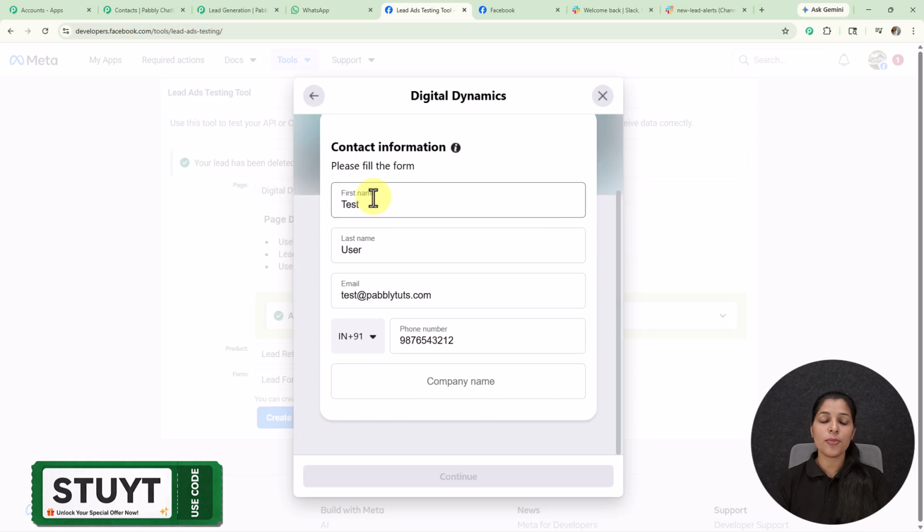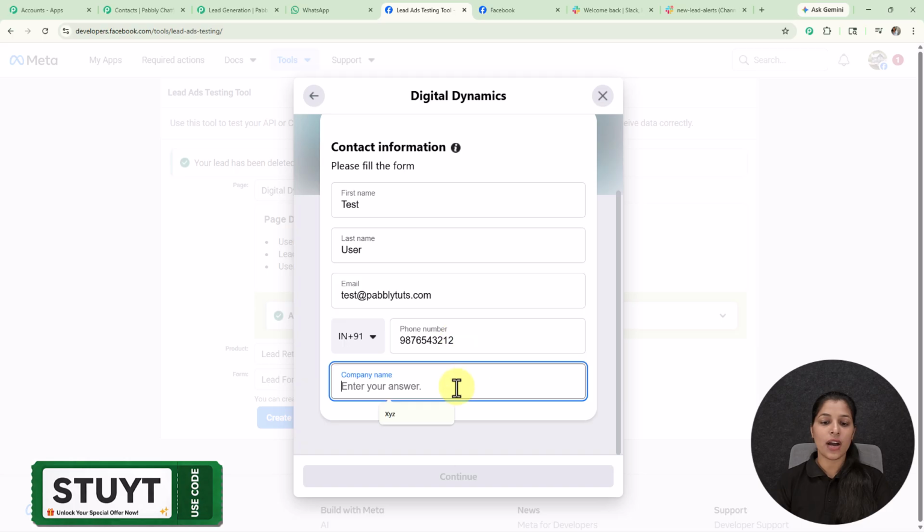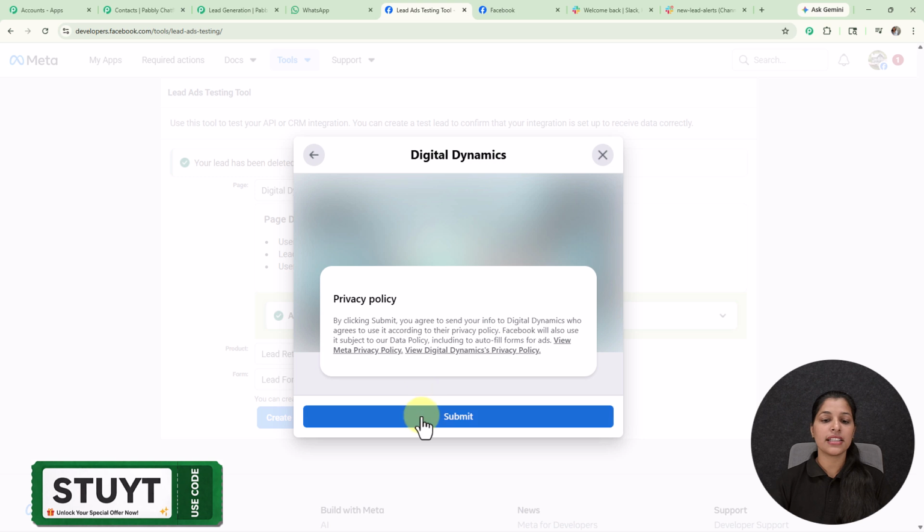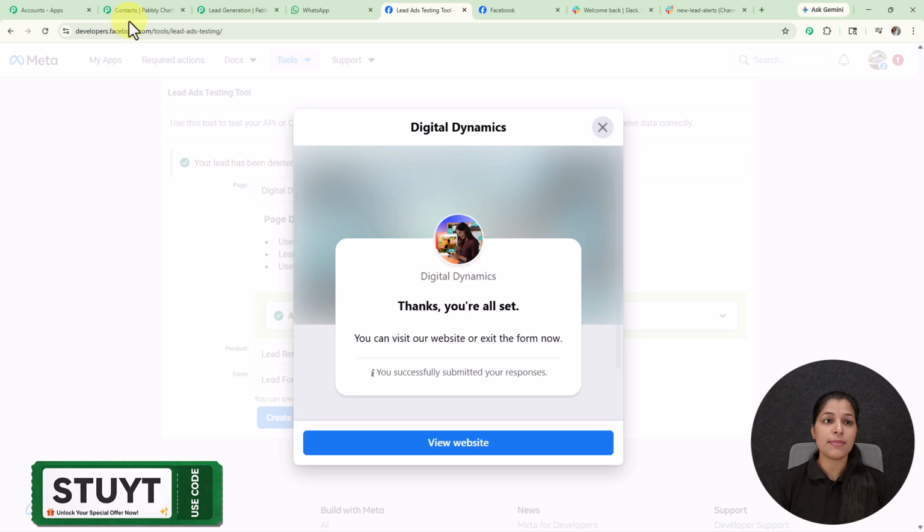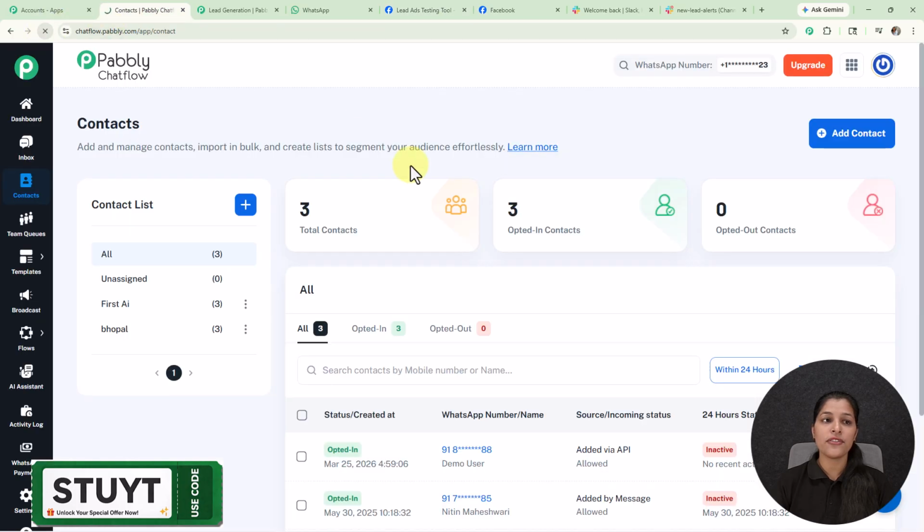Here I have filled this form, providing first name test, last name user, email test@pabblytunes.com, and here I have entered the phone number, and now I'm going to enter my company name as Pabbly Connect. And now let's click this continue and submit button for submitting our Facebook lead ads form. And as my form is submitted, now let's move on to my Pabbly Chatflow, where I'm going to refresh